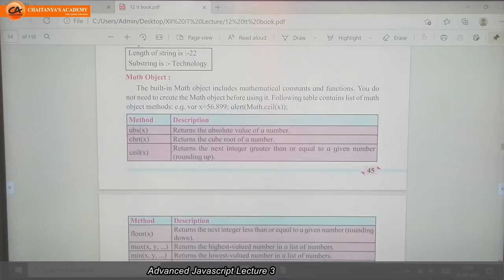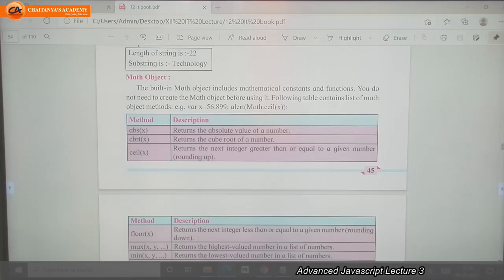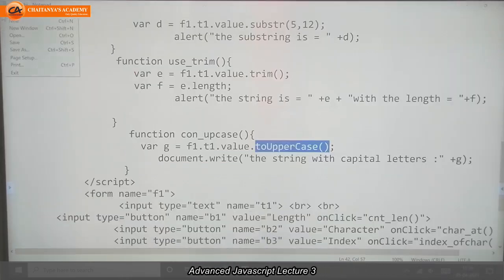So some methods you have. First is the absolute method, which returns the absolute value of a number. Whatever the value you are passing in this bracket, it will give the absolute value of this number. So we'll go with an example for this also.